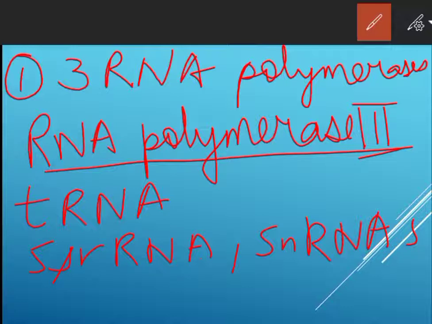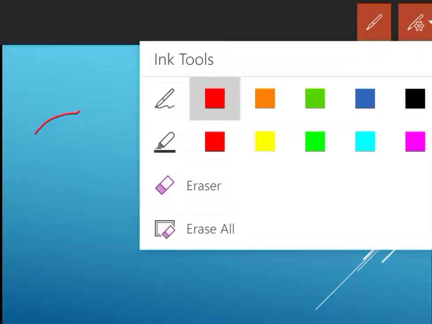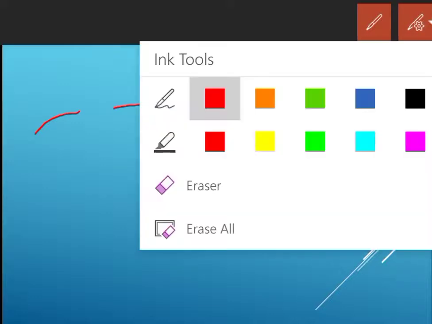Now suppose these are exons, and introns are also present.